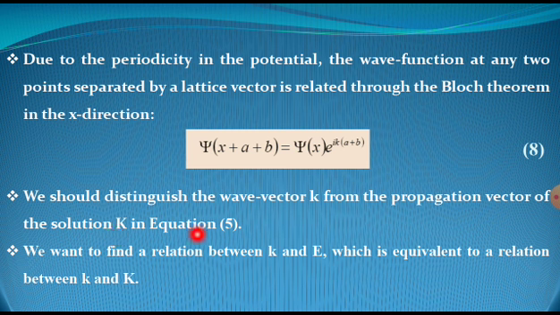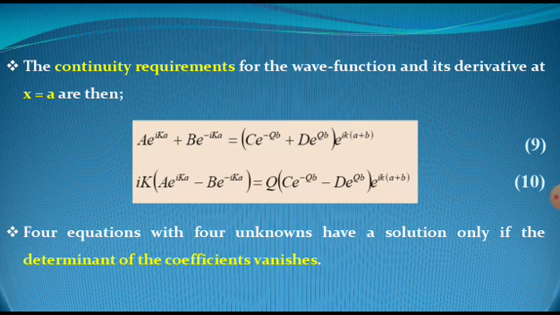We should distinguish the wave vector k from the propagation vector of the solution K in equation 5. We want to find a relationship between k and E, which is equivalent to a relation between small k and capital K. Here the small k is your wave vector and capital K is the constant which we need to identify. The continuity requirements for the wave function and its derivative at x equals a are then